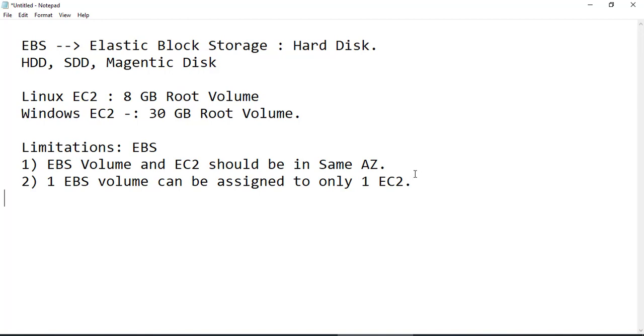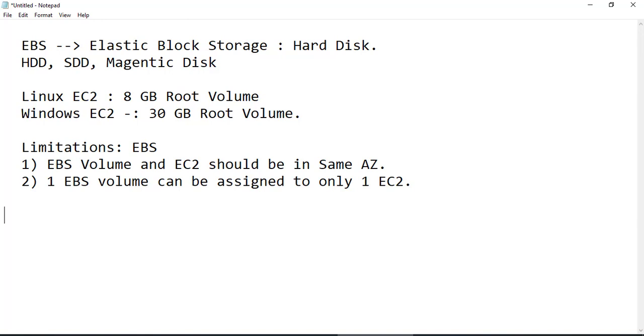I think the new update is that one EBS volume can be assigned to multiple EC2s also. That update I'll give you in the next video. Till then, remember that this is going to come in the exam. I don't know if they have updated the examination question also or not. So let's go with the same thing: one EBS volume can be assigned to only one EC2 for now. These are the two limitations we have for EBS.